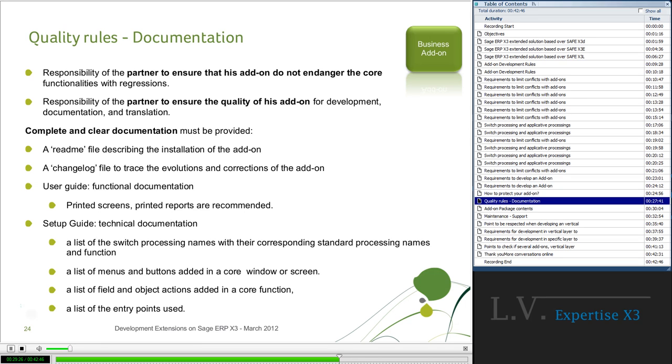It composes the technical documentation and should contain a list of the switch processing names with the corresponding standard processing names and function, the list of menus and buttons added in a core window or screen, a list of field and object actions added in the core function, and a list of the entry points used in your add-on. So it's quite a complete documentation.